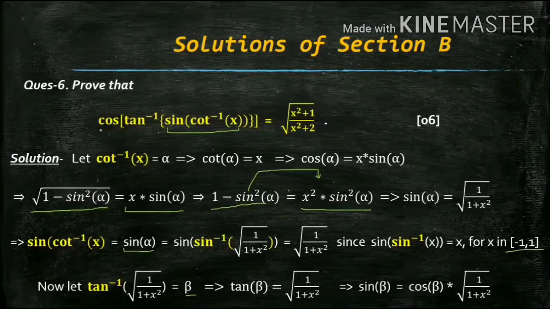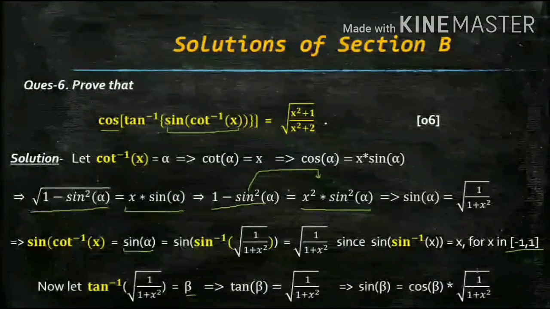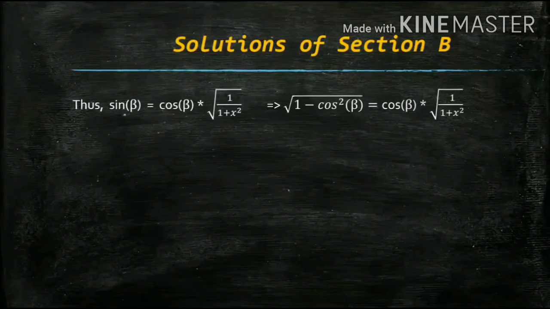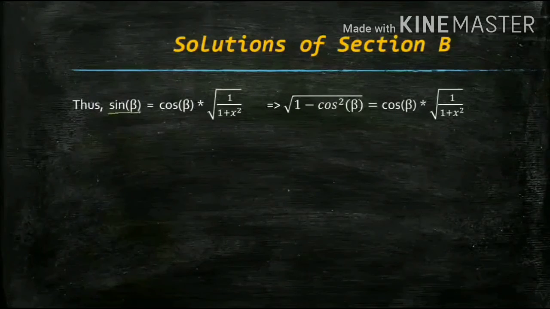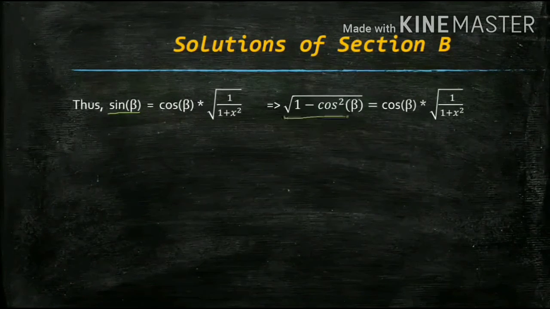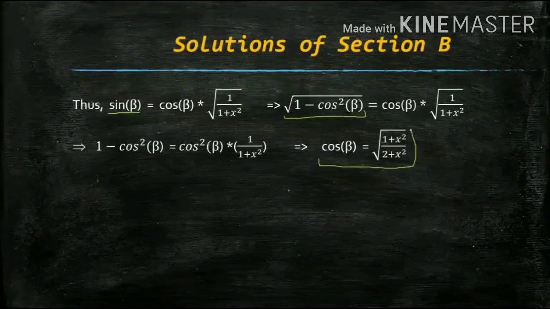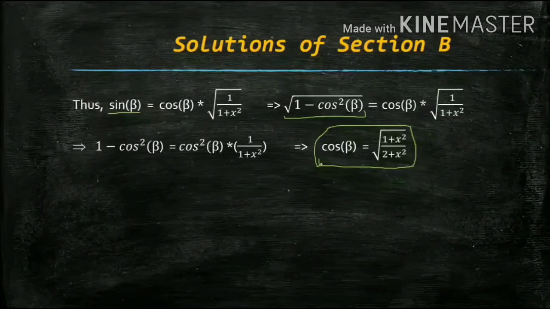Now we want cos, inside we want cos inverse. So for now with this we can write sin beta in terms of cos beta, because tan beta is nothing but sin beta by cos beta. So sin beta would be cos beta into square root of 1 upon 1 plus x square. Now again do the same thing. This you are having. So take squaring both sides. Now don't take square firstly, you convert this sine into cos, which would be nothing but square root 1 minus cos square beta. Squaring both sides, simplifying, we'll get cos of beta as this term. Clear? Up till this it's clear?